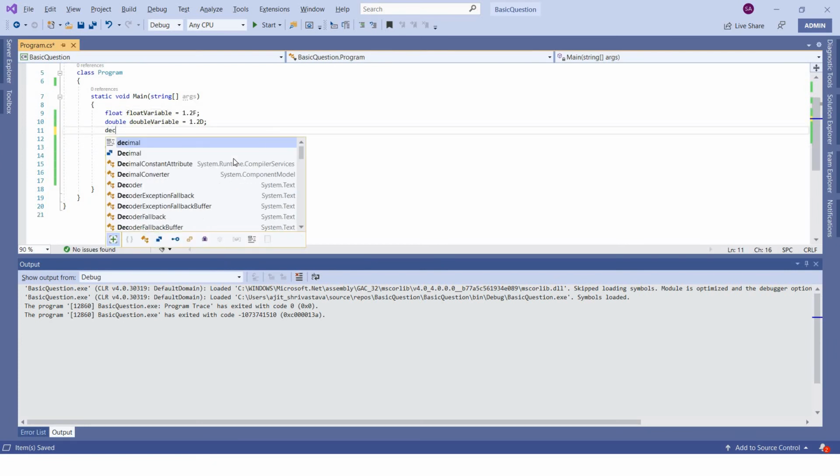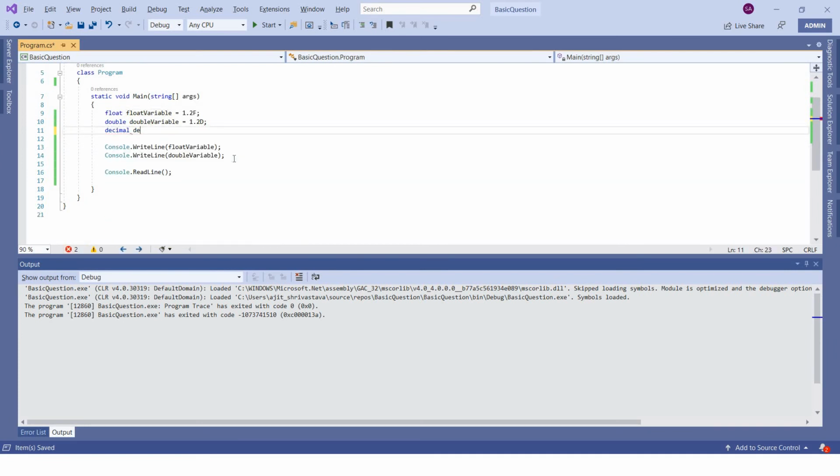Now you have to simply type decimal variable equals 1.2. If you simply try 1.2, it gives you an error, because by default any floating point number is treated as double, and you cannot directly store a double value into a decimal.